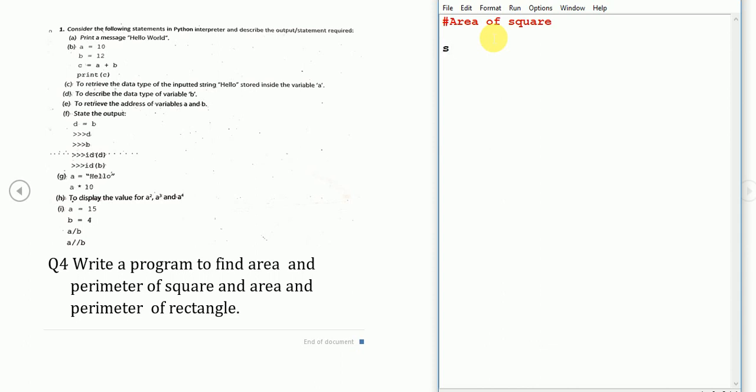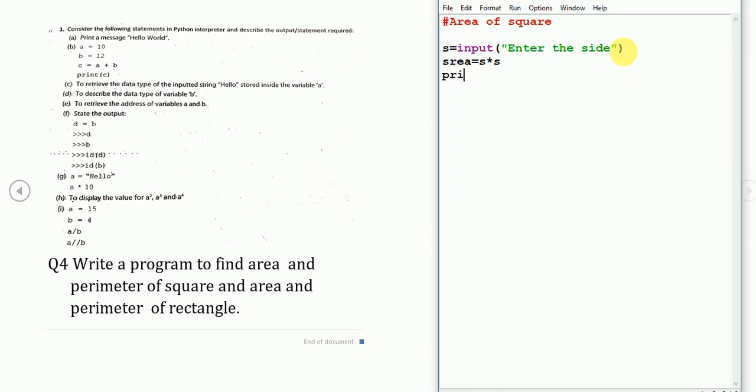So we say s equals input, enter the side. Area is square area equals s multiplied by s.